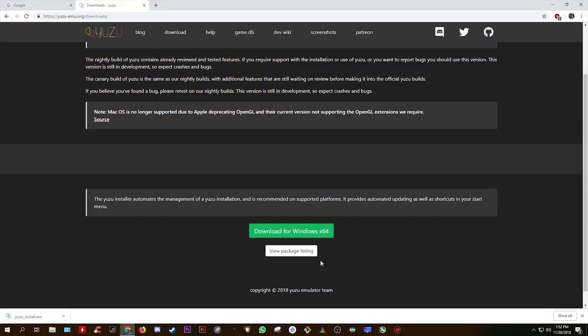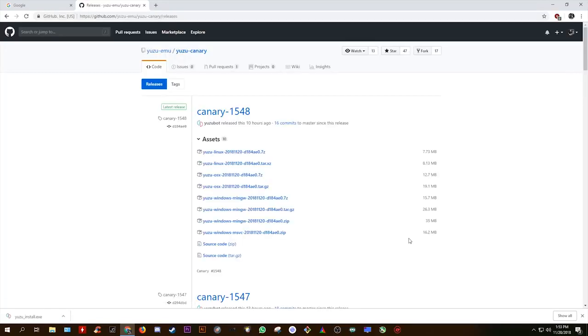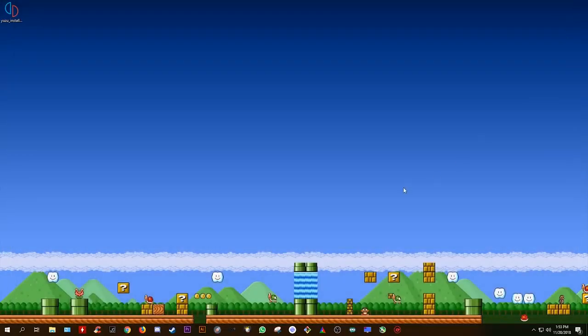Nightly and Yuzu Canary. You can also click this view package listing. These will give you all of the different builds of Yuzu Canary if you require a specific Canary build version. You can see the different operating systems listed right here. Alternatively, you can also click right here and it will bring you to the Yuzu GitHub. Right here you can see all of the different Canary versions. You are going to need to make sure that you always use the Yuzu Windows MSVC version of Canary or Nightly. If you want to download this, all you need to do is click this zip file right here and it will download. Since we're not going to be using this installation method, let's close this window and get started